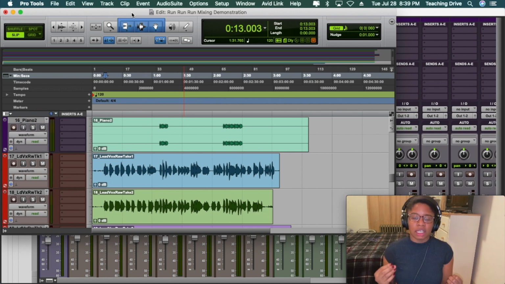What I wanted to show you here is the concept of submixing. Submixing dives into the whole world of signal routing in Pro Tools, sending signals to various locations in the mix window and among the tracks. Think of this as if you were using a physical mixer. If you want to send signal from one track to another,